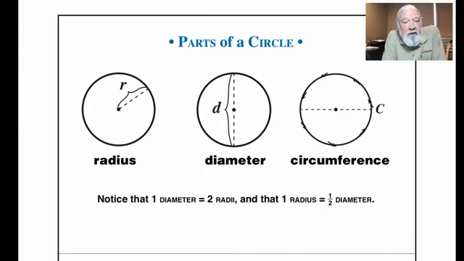The circumference of a circle is the distance around. Interestingly, the other name for the distance around that we use with virtually every other figure is perimeter. So you can think of the circumference as the perimeter of a circle, that is to say, the distance around. And sometimes knowing what words mean helps us to remember things.